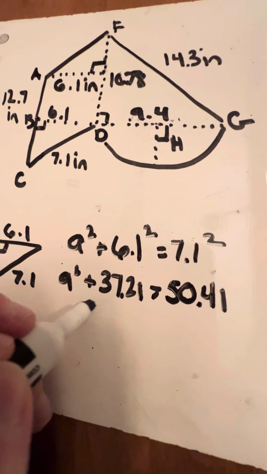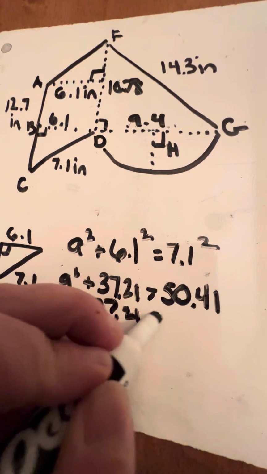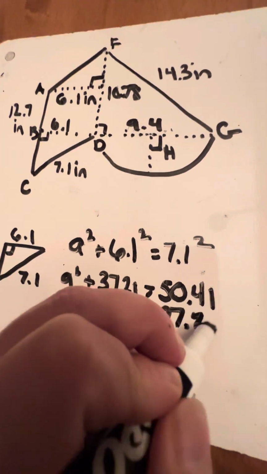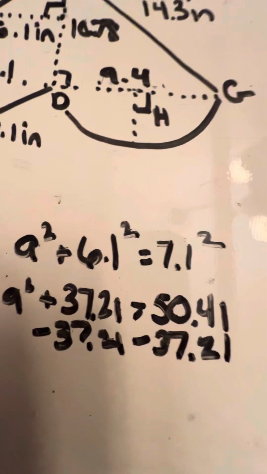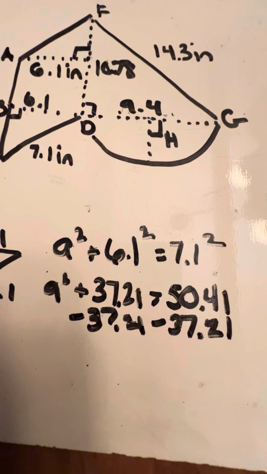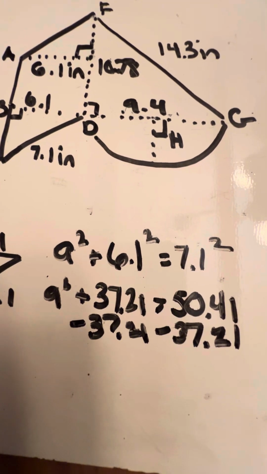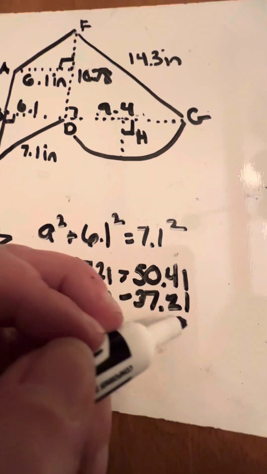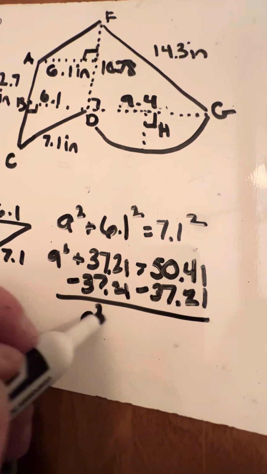So we're going to subtract on both sides. We subtract 37.21 from 50.41, and we end up with a squared equaling